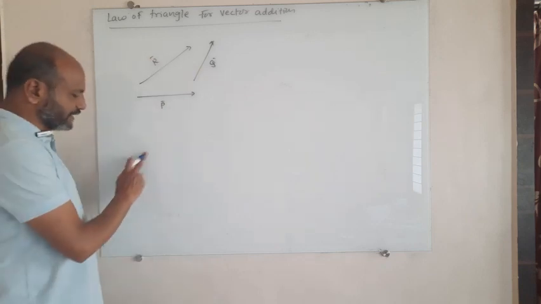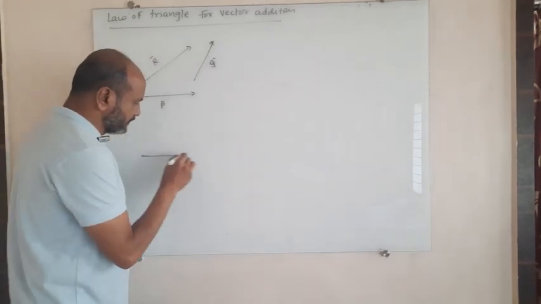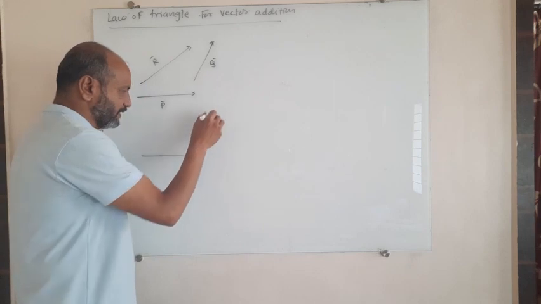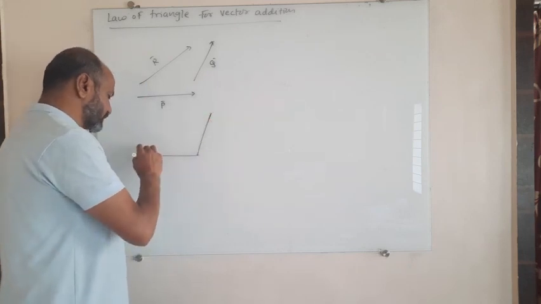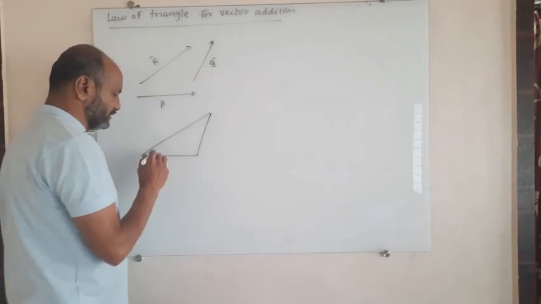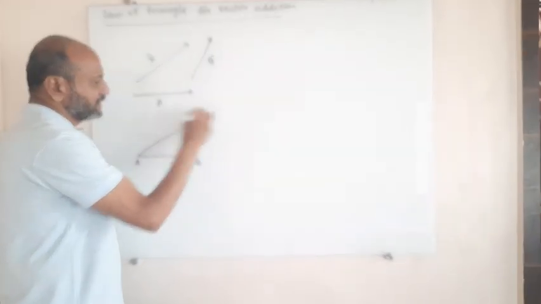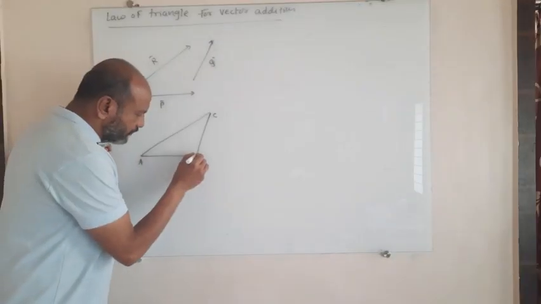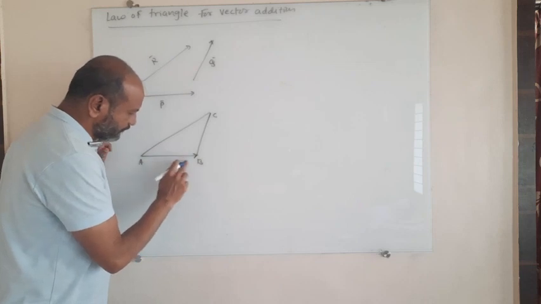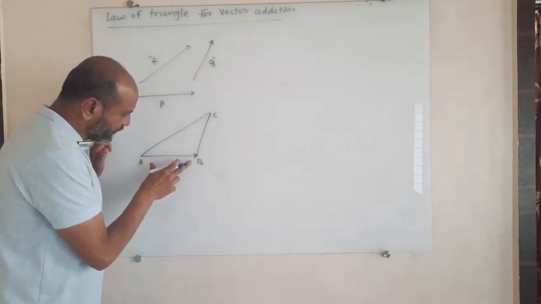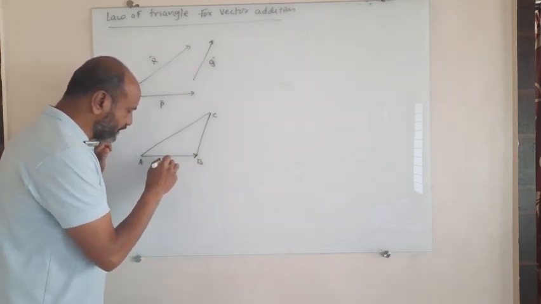So here we are taking triangle ABC. In this triangle ABC, we draw a vector AB, and this vector AB represents the magnitude and direction of P bar,